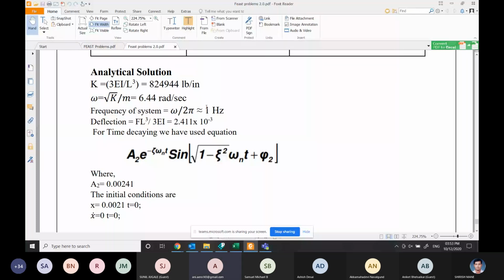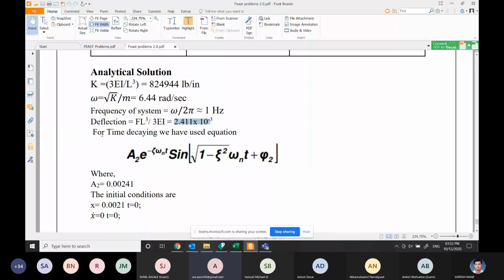So we have to give the frequency range lower than 1 Hertz in order to capture the result. Deflection is this much by hand calculation, since we know the classical formula is PL cube over 3EI, and you will get the result.